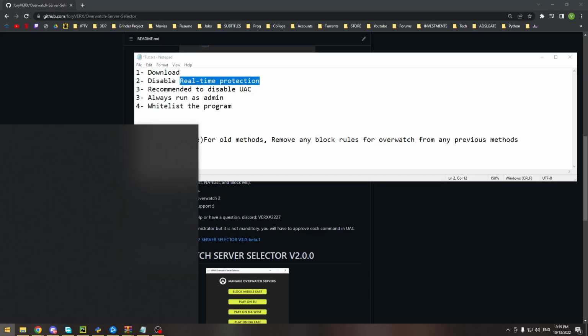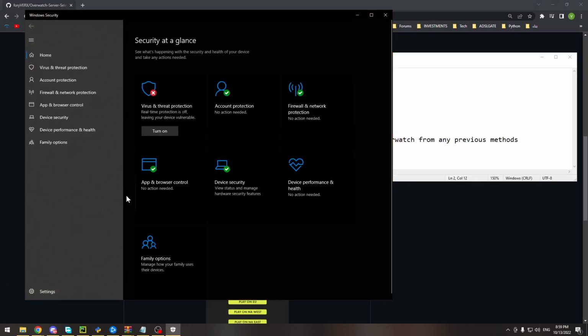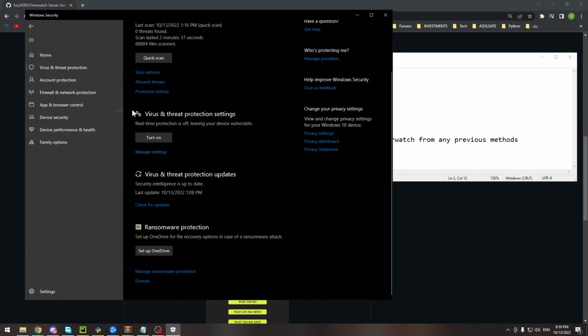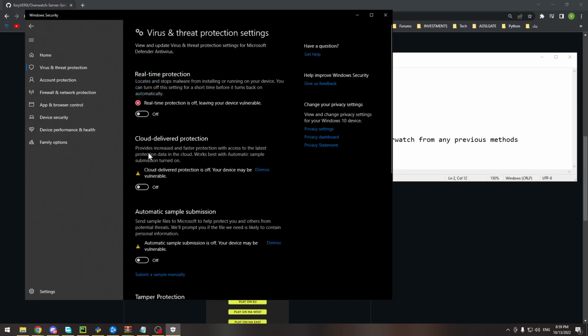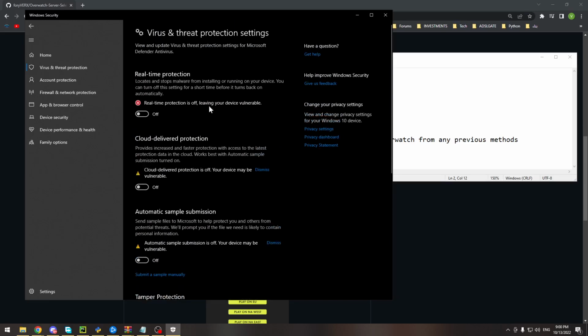So we can go to Windows Security, and you will get to this page, and you can navigate to Virus and Threat Protection, and you go to this section, Virus and Threat Protection Settings. You press Manage Settings, and you disable all these options.